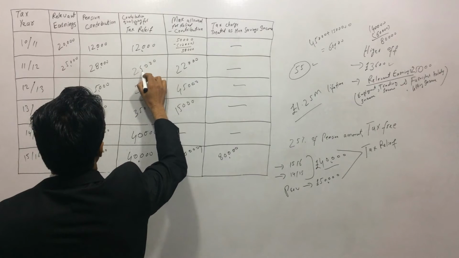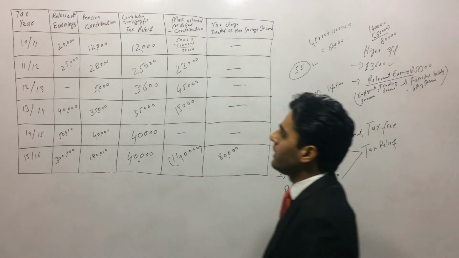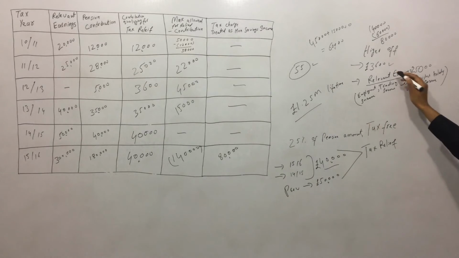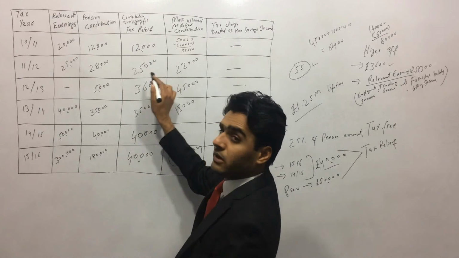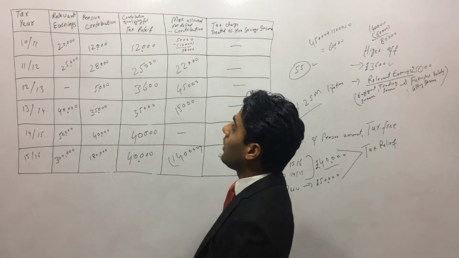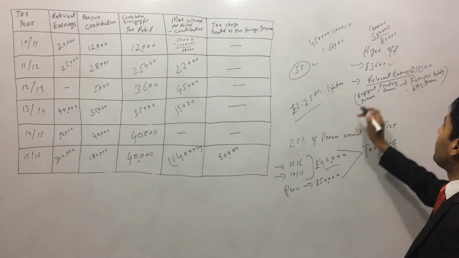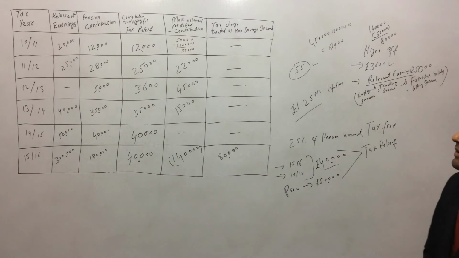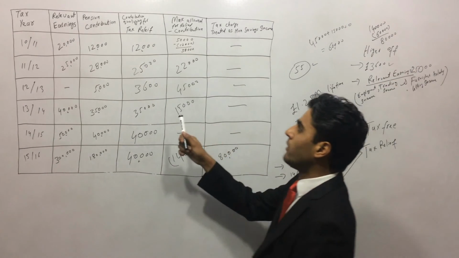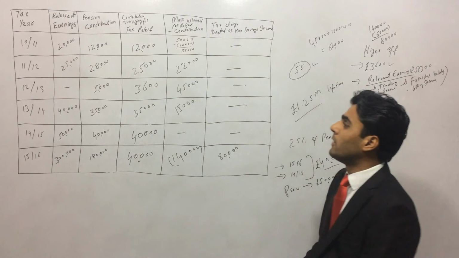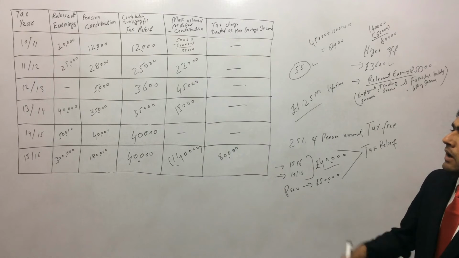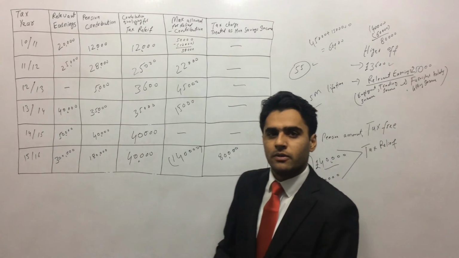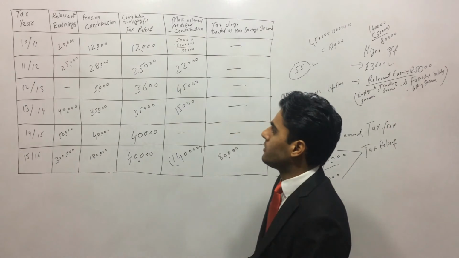It is £25,000. Alright, so maximum is higher of £3,600 and relevant earnings. It is £25,000 here, so not £28,000. So contribution qualifying for tax relief will be higher of £3,600 and relevant earnings. So it will be £25,000 here. The rest of the stuff in this pro forma is fine. In this table, everything else is fine. Just this I noticed, contribution qualifying for tax relief. I noticed it when I finished the lecture, so that's why I thought I should tell you.